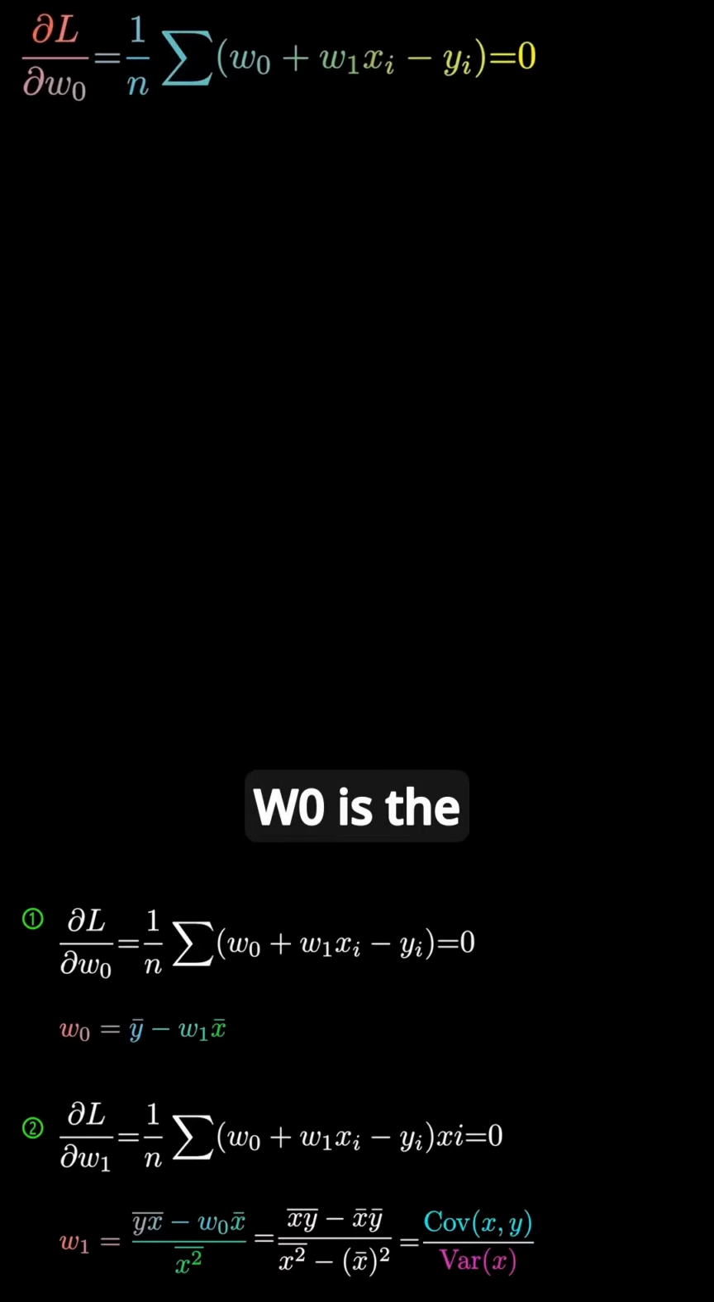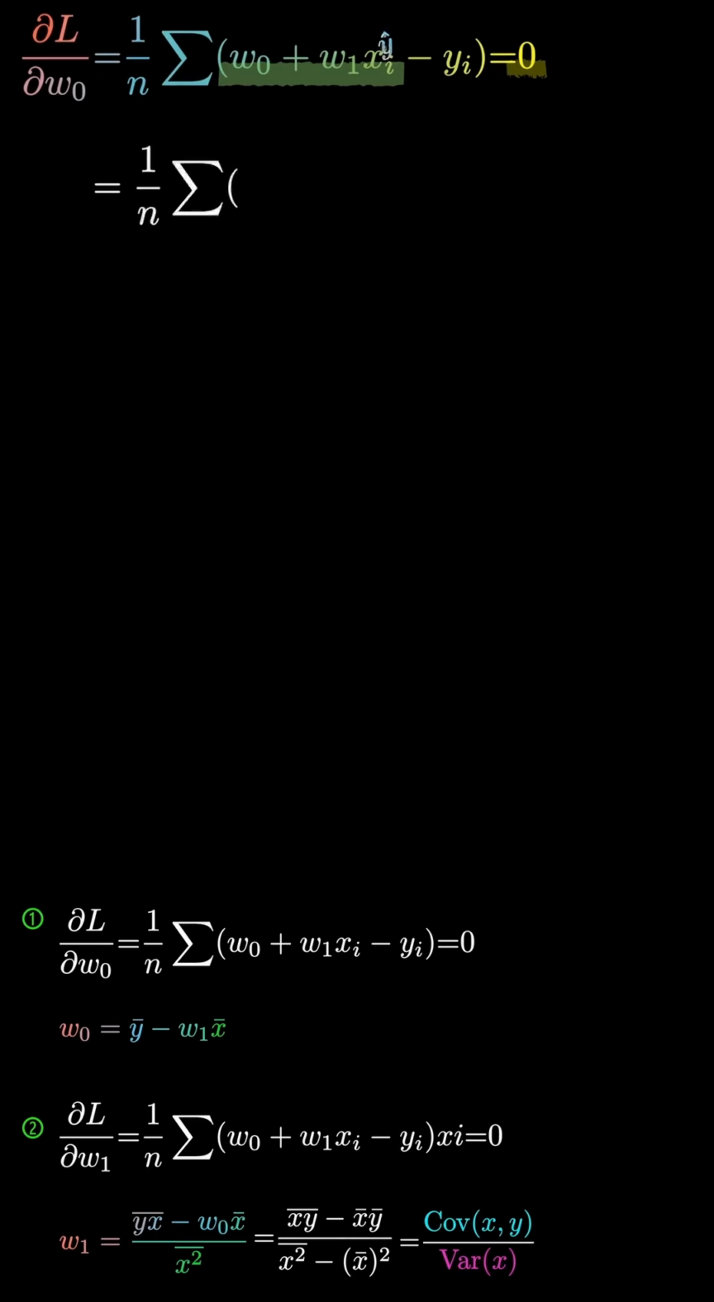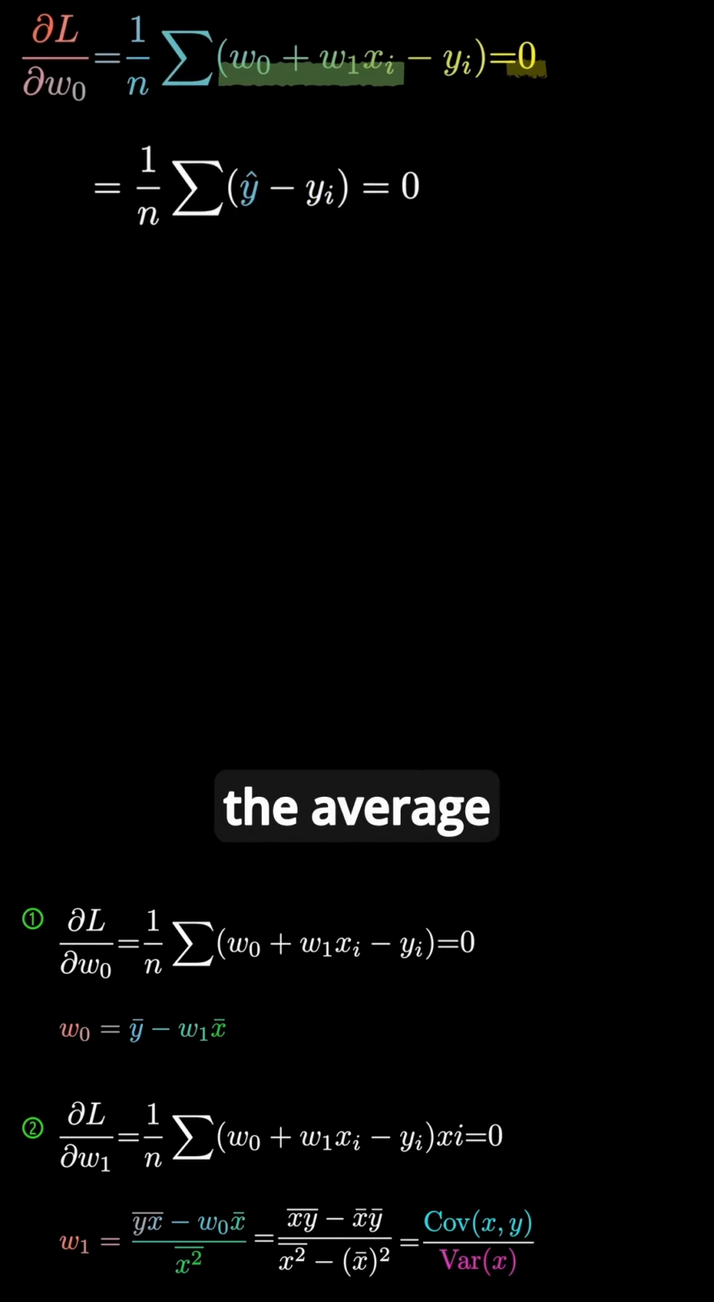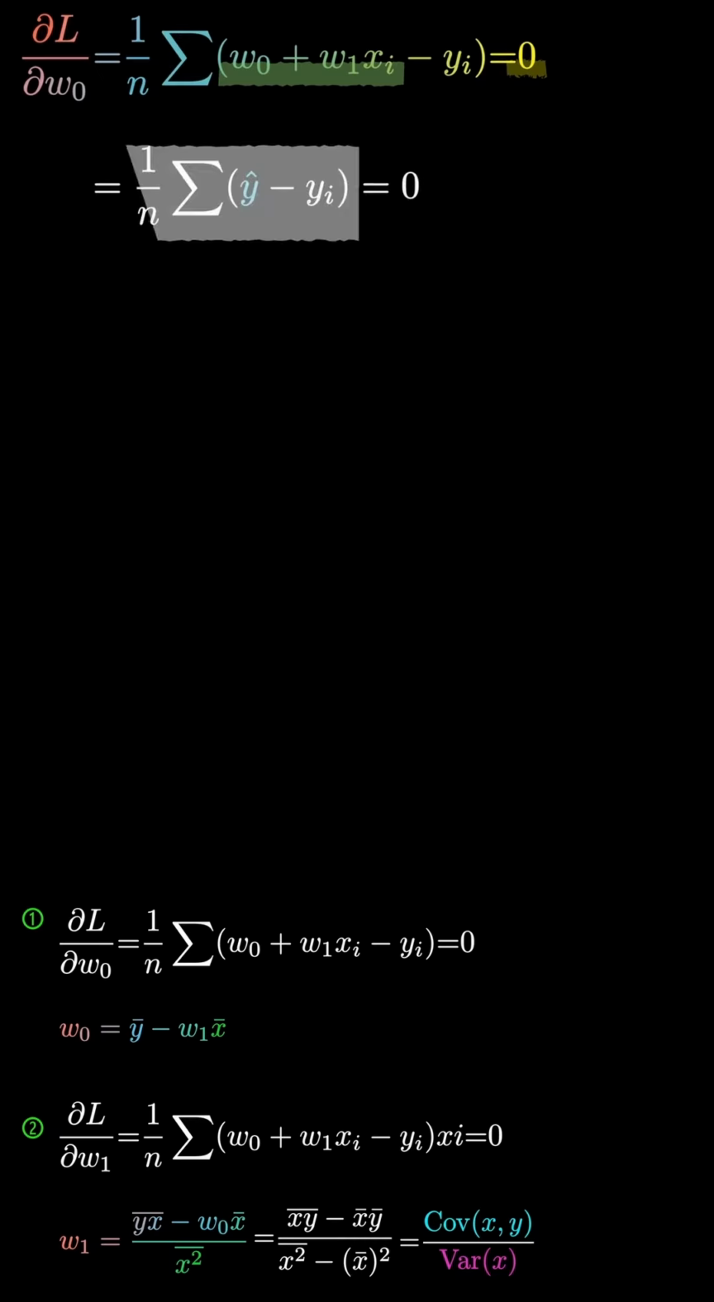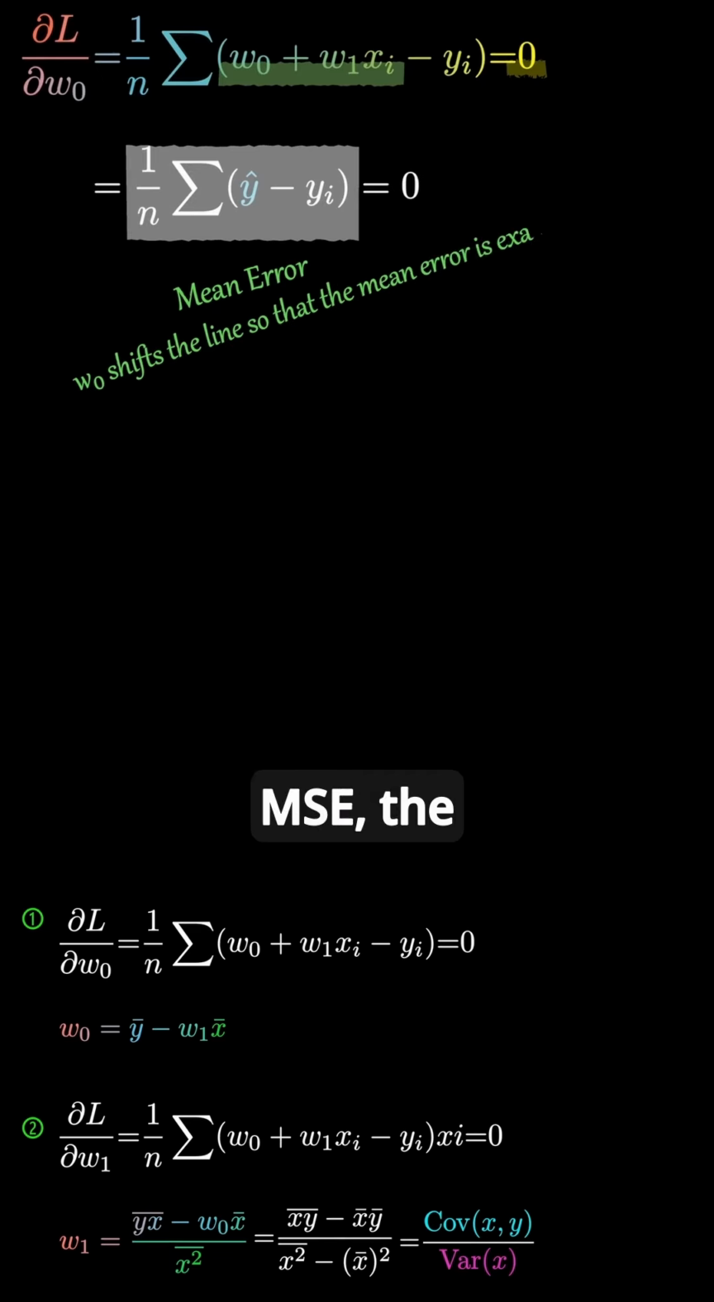The optimal W0 is the value that sets the partial derivative with respect to W0 to 0. If we rewrite the derivative in terms of y hat, what does it mean? Think about it. It's the average of the residuals, the errors, and it equals 0. In other words, the moment we find the optimal intercept W0 that minimizes MSE, the mean of all the prediction